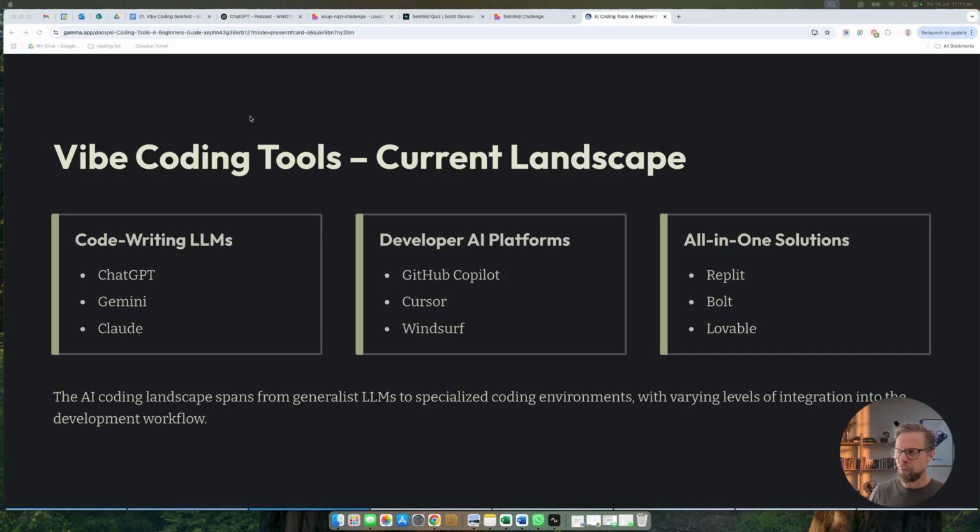So the second bucket are really what I would call developer AI platforms. And this is what most of the developers are now using and have been using for quite a while to write their code using AI. So these are platforms like GitHub Copilot. Cursor is a very popular one, and there's another one called Windsurf. And developers use this. They're still sort of doing a lot of the work themselves, but they're using these tools to integrate a lot of the features. But for the rest of us,